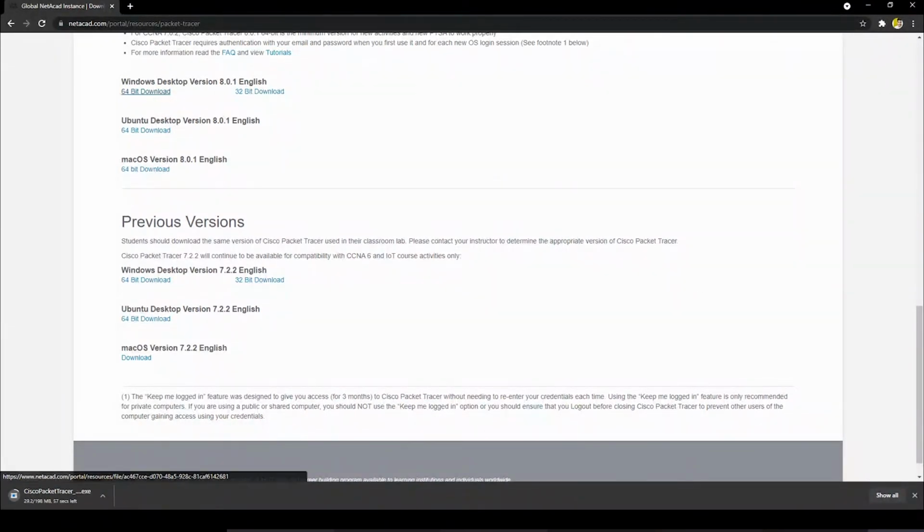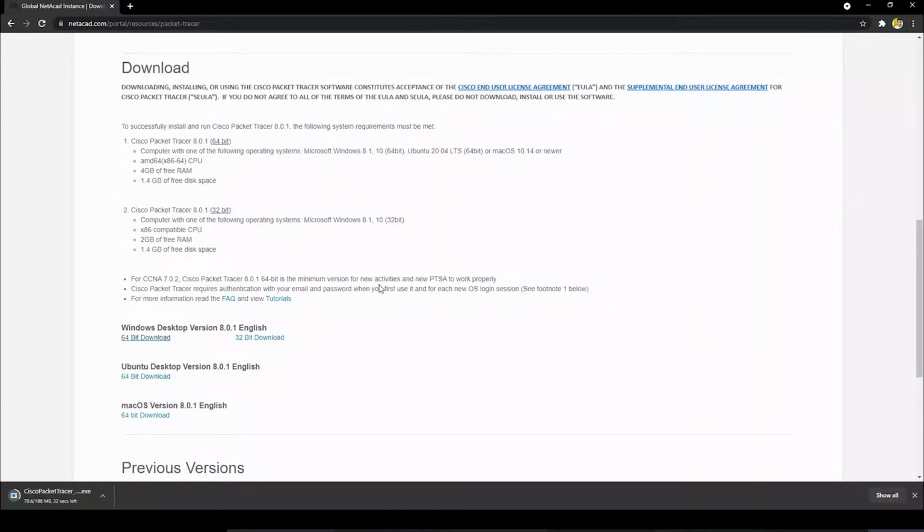You can use the student version, or also the guest version. Once you have the file, you don't have to create the account. You can just click on guest login and you are good to go. You can use everything even after logging into Packet Tracer as a guest, so you don't have to specifically create the account for this.